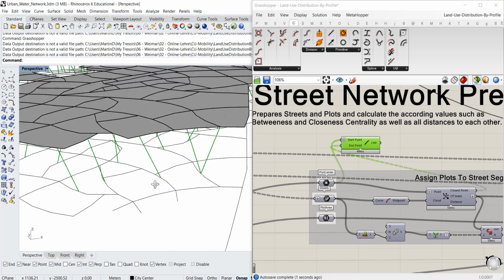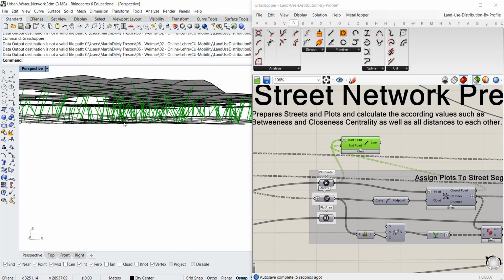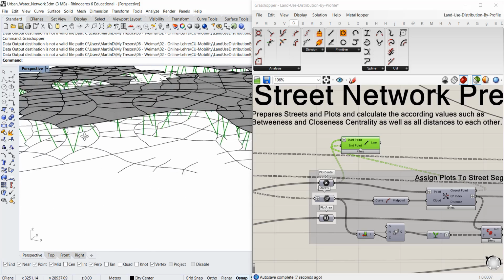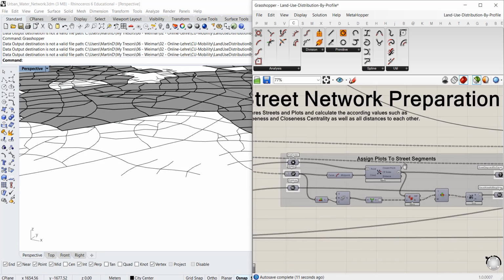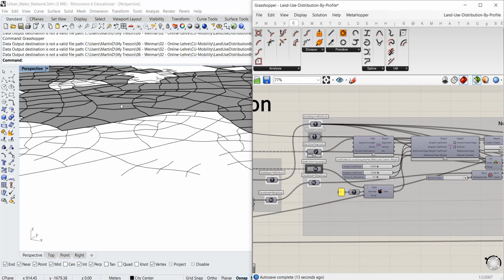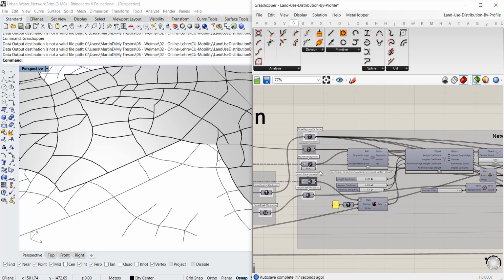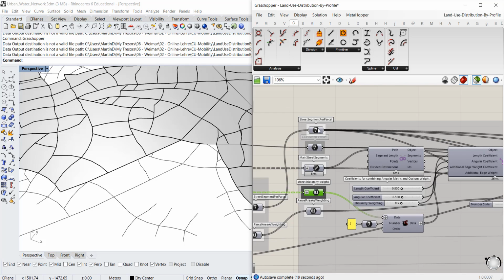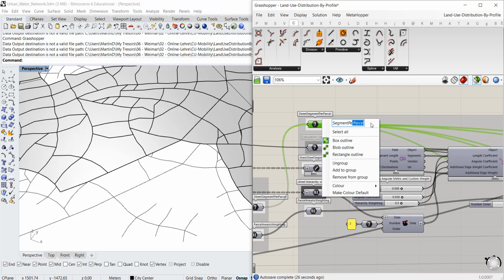So here you can see which plot is closest to what kind of street segment. So we can do our shortest path analysis from each plot to all others, including the weights of the streets that we have here. Then, like here, street segment per parcel plot is